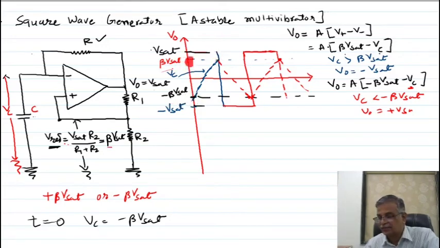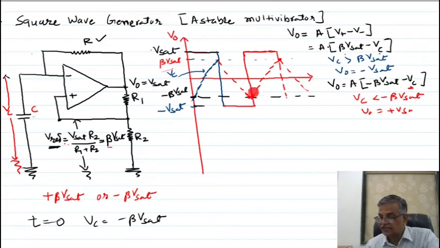But when it charges up to this, the state is changed, discharging from beta V set towards minus V set, because the output is negative, so it is discharging. So my equation for the output voltage is changed. Here V plus should be negative, because of the negative voltage, so minus beta V set. When this voltage is less than this voltage, then immediately the output will shift from minus to plus.